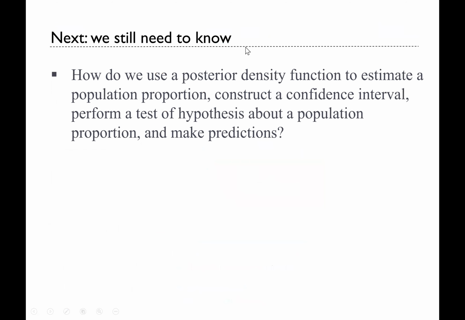And what is next? We still need to know how we use the posterior density function to estimate the population